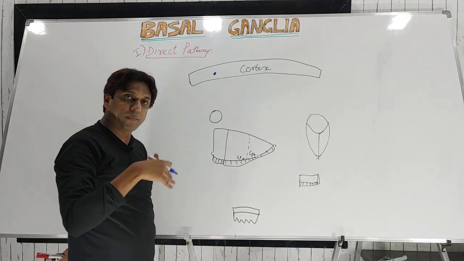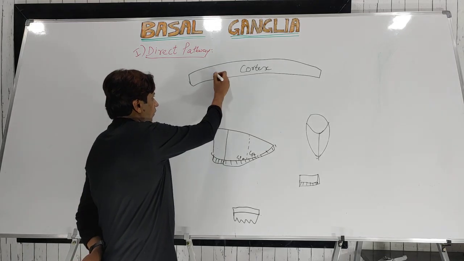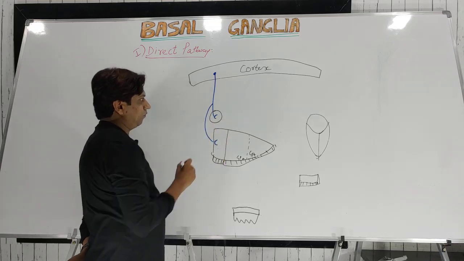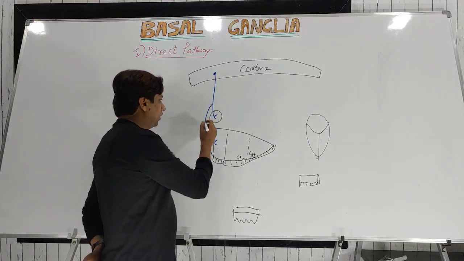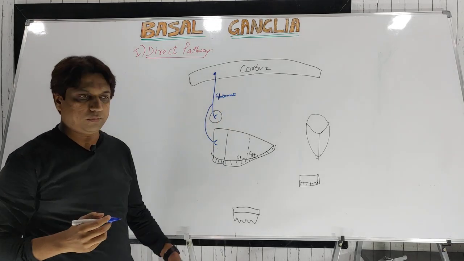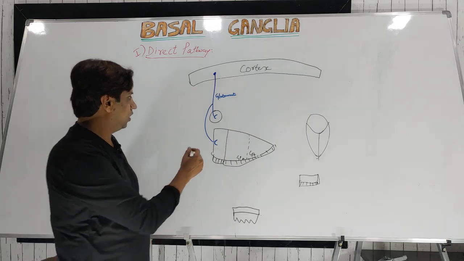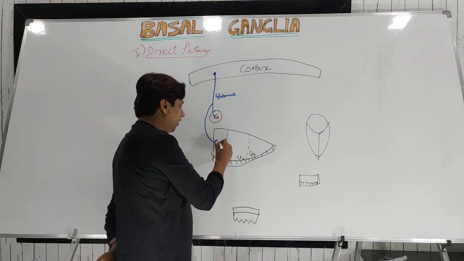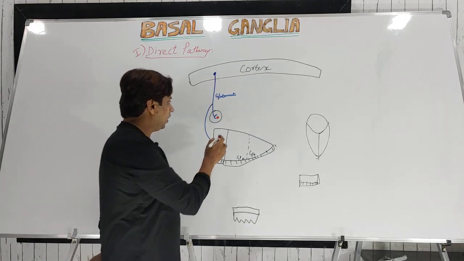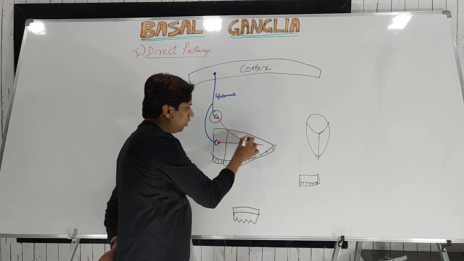Okay, if we say corpus striatum, it means the caudate nucleus and the lenticular nucleus as a whole. Now this will come and give connections to the striatum, that is the caudate nucleus and putamen. This bundle of neurons has the neurotransmitter glutamate, which is an excitatory neurotransmitter. This is the corticostriate projection or corticostriate pathway. Then from the striatum, we have the striatopallidal fibers, projections or pathways.